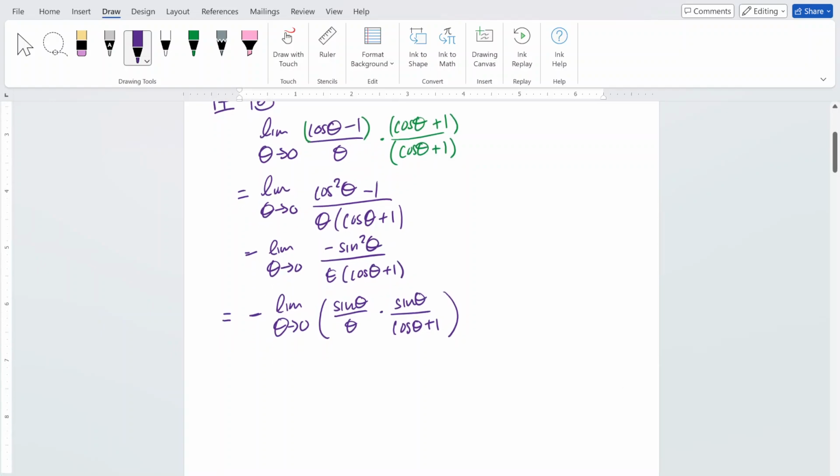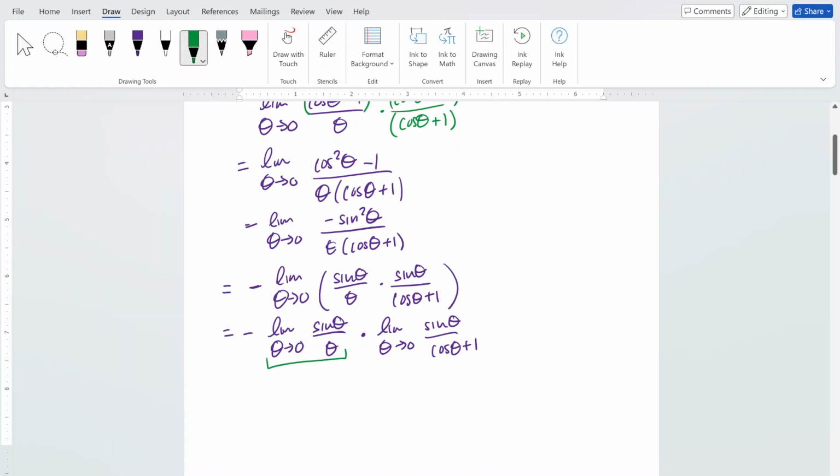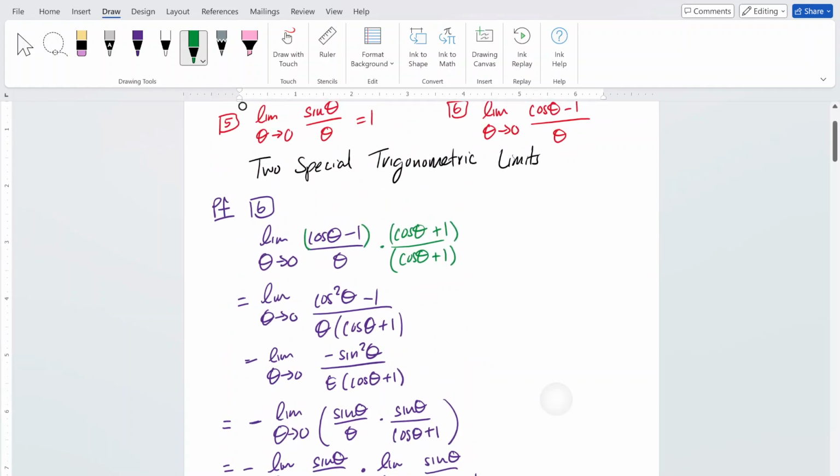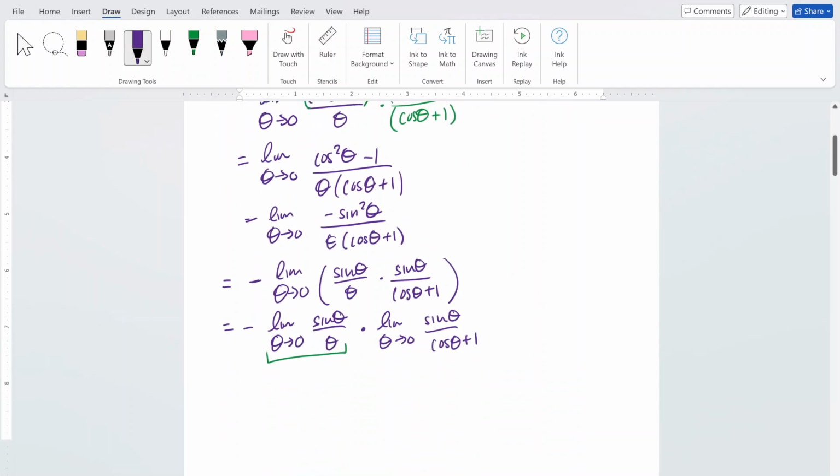Now that I have this situation, remember for limit laws, I can use the product limit law. So you have the limit of the first fraction times the limit of the second fraction. And for the very first part here, this one is our special trig limit number 5 that's labeled above. So that's equal to 1, so negative 1 here, times